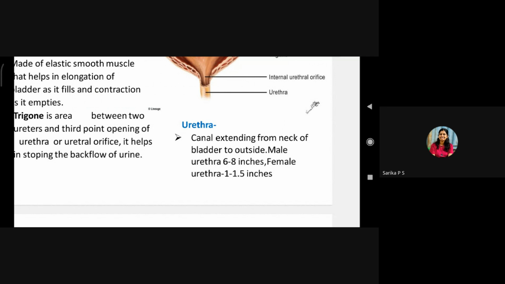And this is the reason why females are much more prone to UTI, right? Urinary tract infection. Because females have a shorter urethra. You got the concept? So, females should take more care about their urinary hygiene. Now,